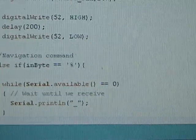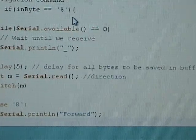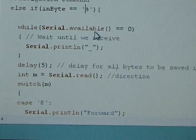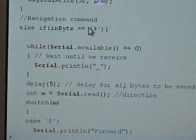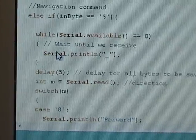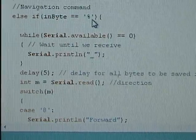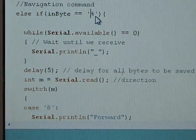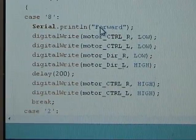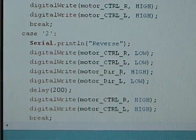And then the next part is the image capture, which is basically turning on the pin high and low. It's not too complicated. And navigation mode is the %, here, and then it's going to wait for a second input from the command line, because you need the user to also enter the number for it to determine whether it's going forward, backward, left, or right. Okay. And it has this switch statement,